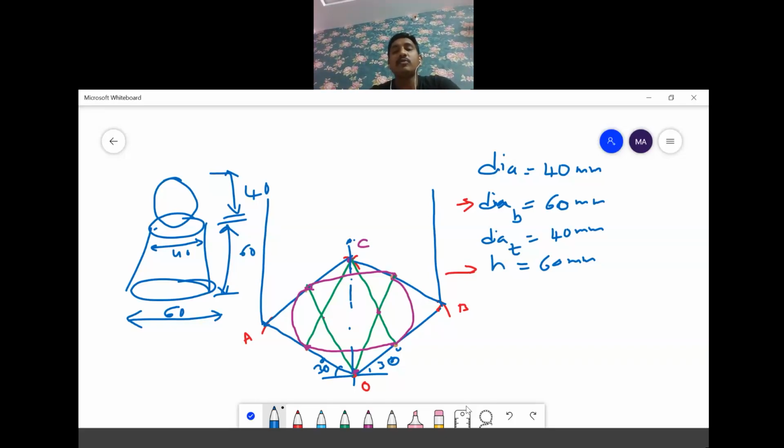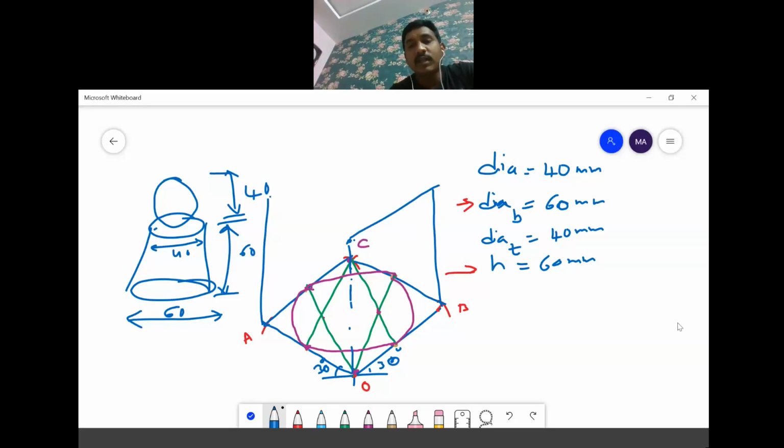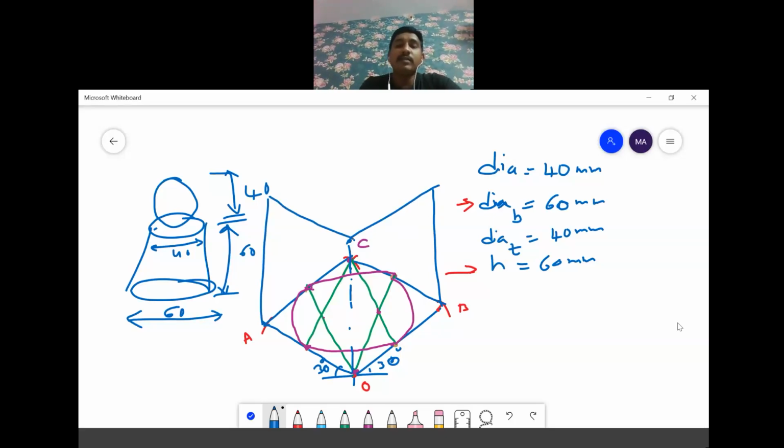Okay, from here I'm joining this line, this line. I'm joining this line, this line. I will get points. I'm taking this as A dash, this as O dash, this as B dash. Extension of this one. So again, this total length, O dash B dash, is 60. So from here, I'm again drawing an arc at 60 here, 60 here, and joining this one.